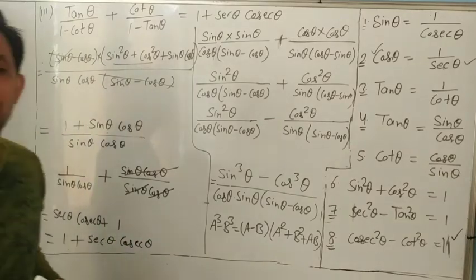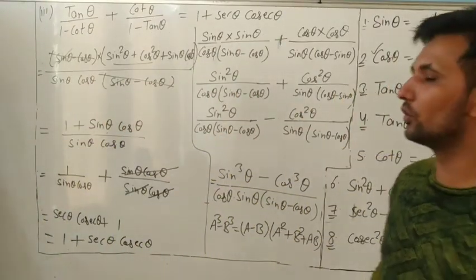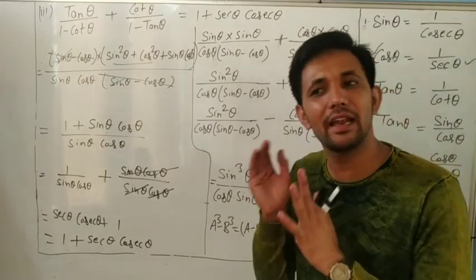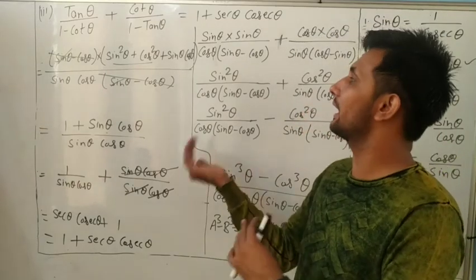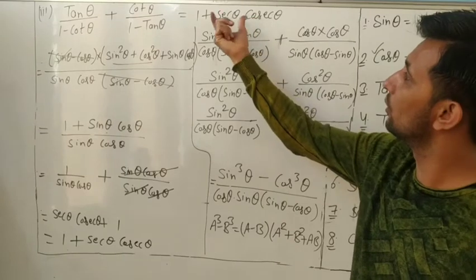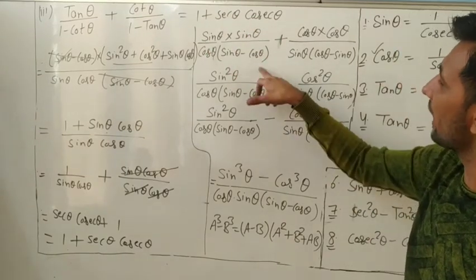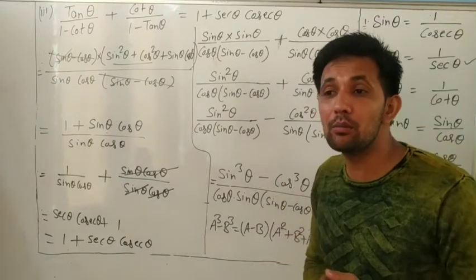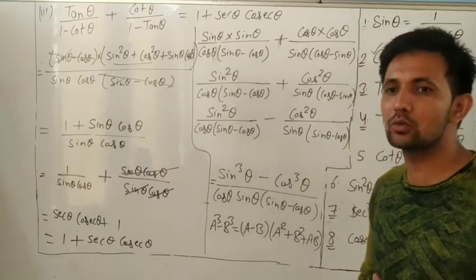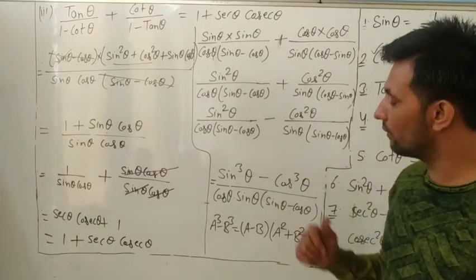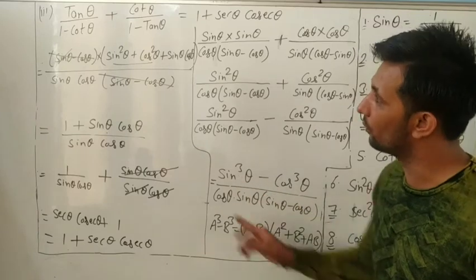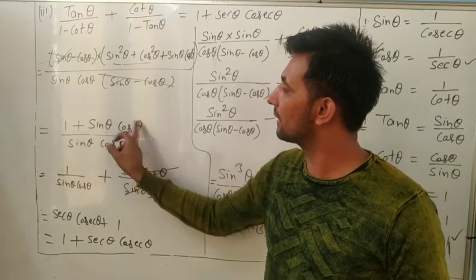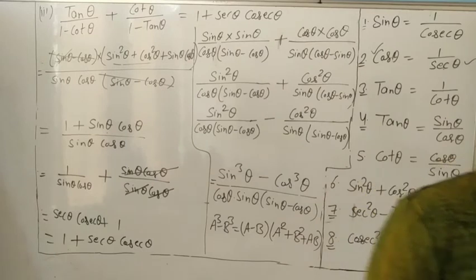Okay, dear? So we converted it. Okay, dear? What we have to do is take the left hand side, convert to sin and cos, take the LCM. After taking LCM, we focus on what we want, 1 plus. So we have to add them. Now what can we do? We will check here whether there is any formula: a square plus b square, a minus b whole square, a cube minus b cube. So we observe that it is a cube minus b cube. We apply it here. Sin square plus cos square, 1 plus. Okay, dear? Note it down now.